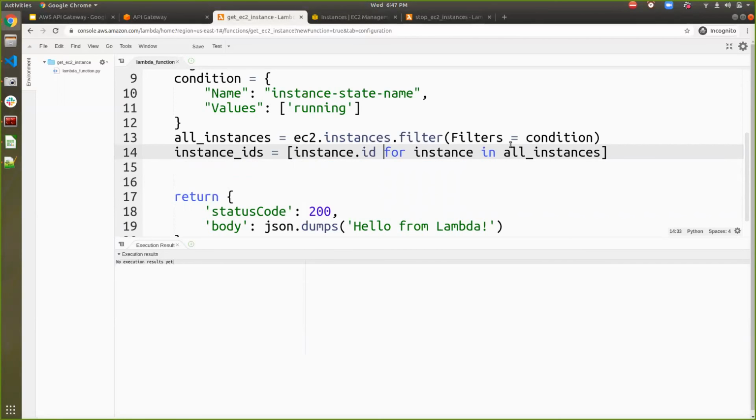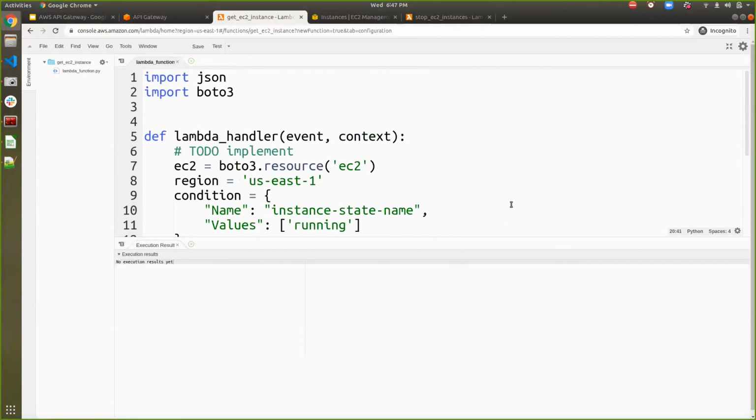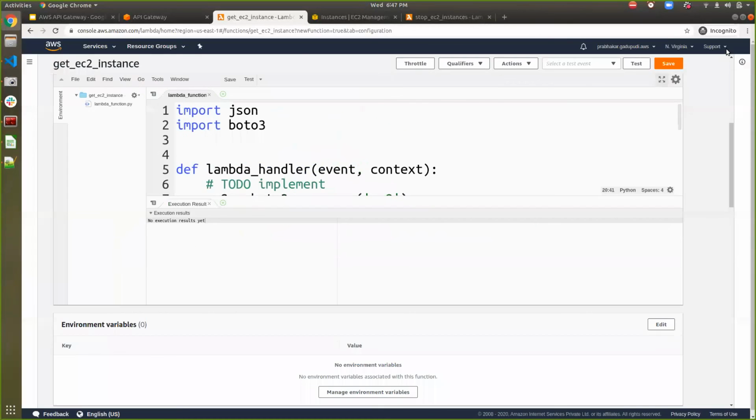It will return all the instance details like instance state, instance name, the region and all. So I'm fetching only the instance IDs, appending all the instance IDs into my list, and returning that list from this section. So here I can say instance_ids. Now go ahead and save the changes.